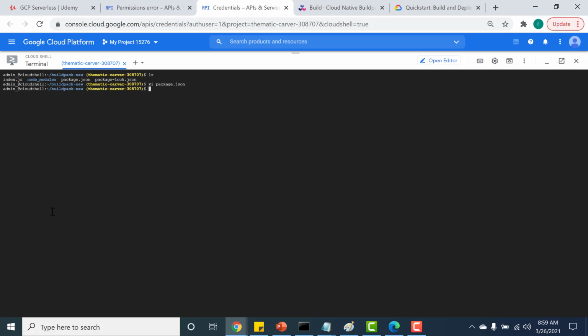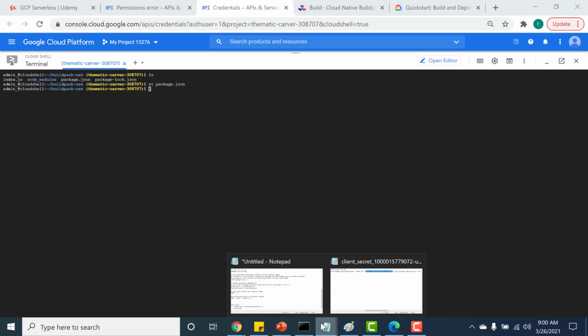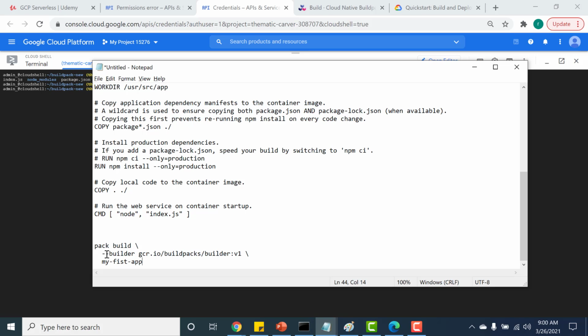After you've done this, the next thing we'll do is create a container image out of this application. We have to use the pack build command to create the container image here. It's the pack build command, and you need to give the path to your builder. This builder is something that Google provides for you. Then you just need to give the name for your particular image. I'll just give this as my new image. So let's run this command and create a container image.